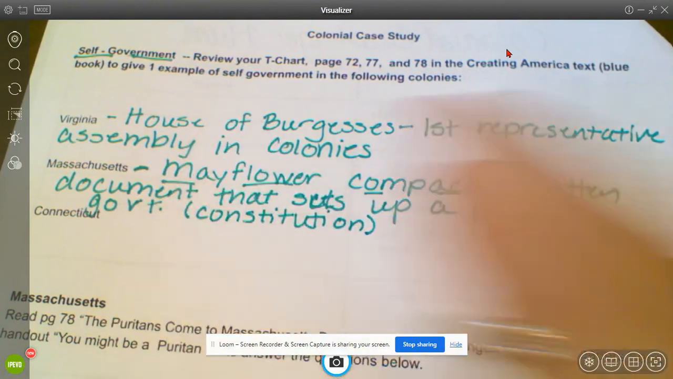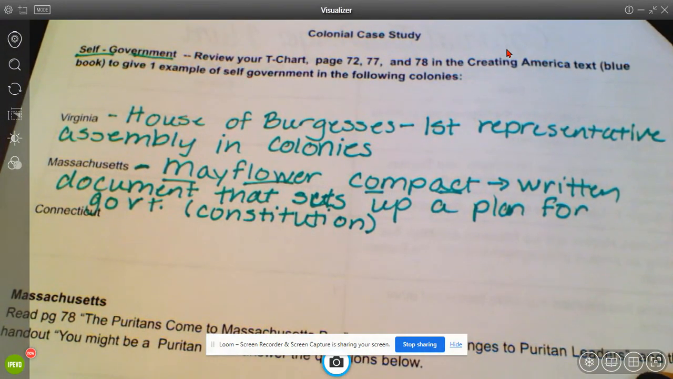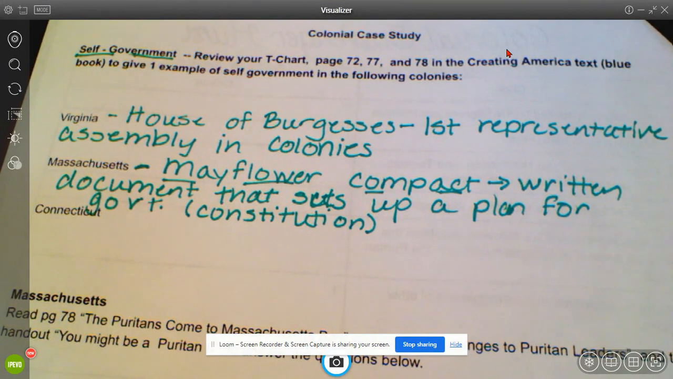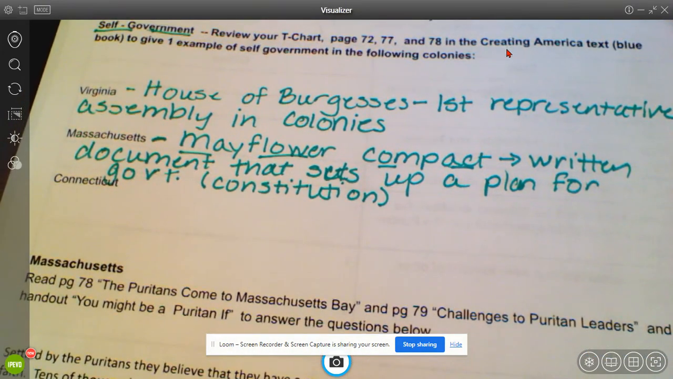How are we going to make decisions? How are we going to make choices as a colony? And they write it down. And that is an example of a constitution. Now, again, the Pilgrims didn't set off to write a written plan for government. It simply happens because they don't have one. They land in Plymouth when they thought they were going to land in Virginia, and they need a way to